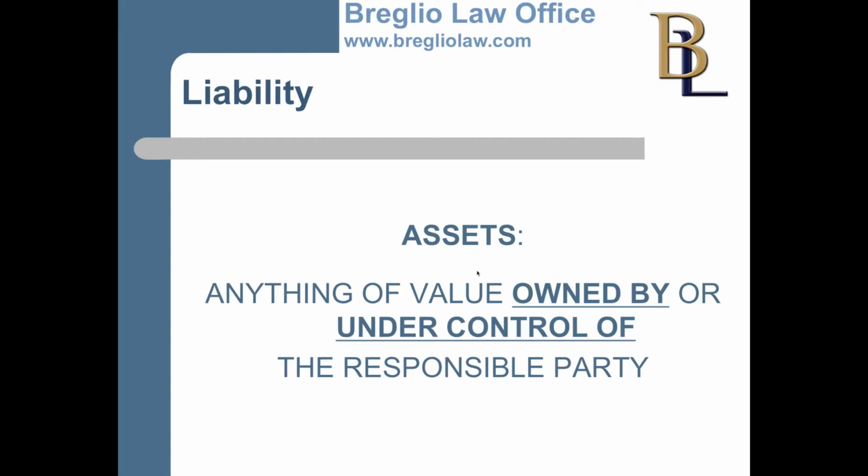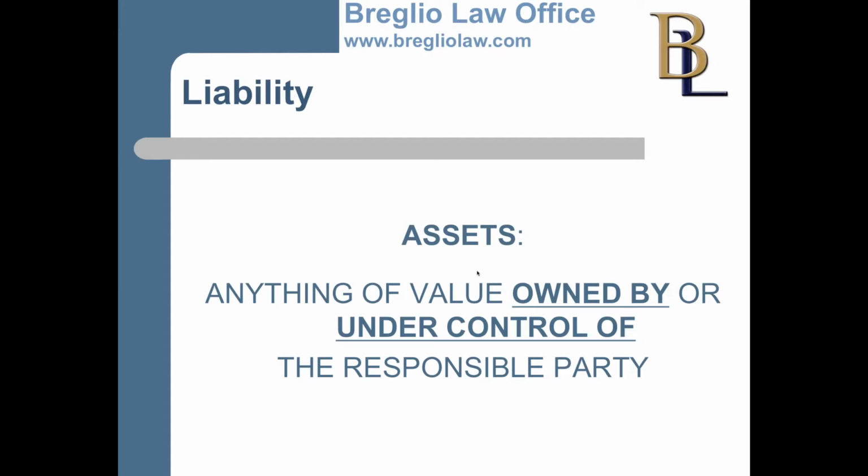courts can look at anything that is owned by you, so it's titled in your name, whether it's a savings account, mutual funds, other LLCs, rental properties, personal homes. These are all owned by you, or things that you may have a considerable degree of control over, such as a trust. But it is things of the responsible party. So again, remember the entire definition that liability is a financial obligation, which is a debt or damage, that can be satisfied by the responsible party's assets.